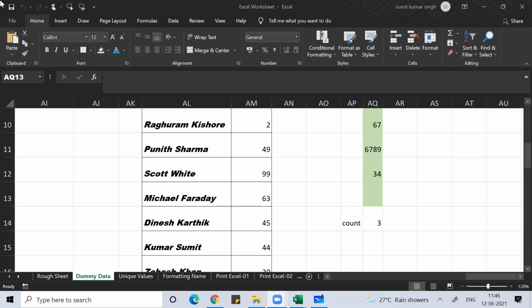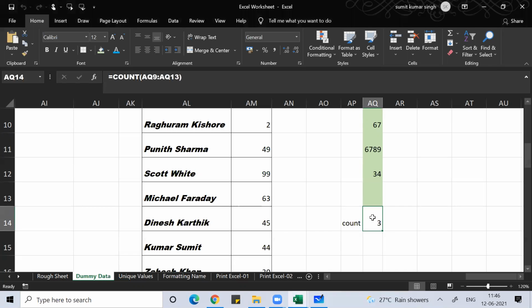So why have I shown you this? Because the count function will only count numerical values. Everyone, please remember that whenever you use the count function, it will only count the numerical values. It will not count empty cells.